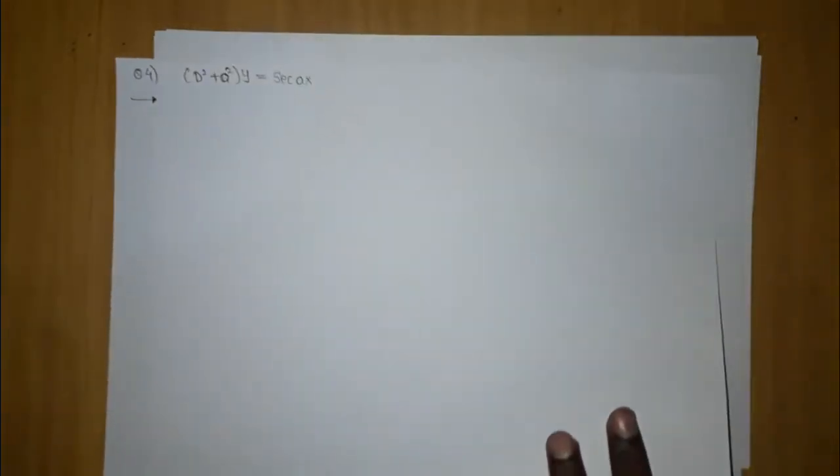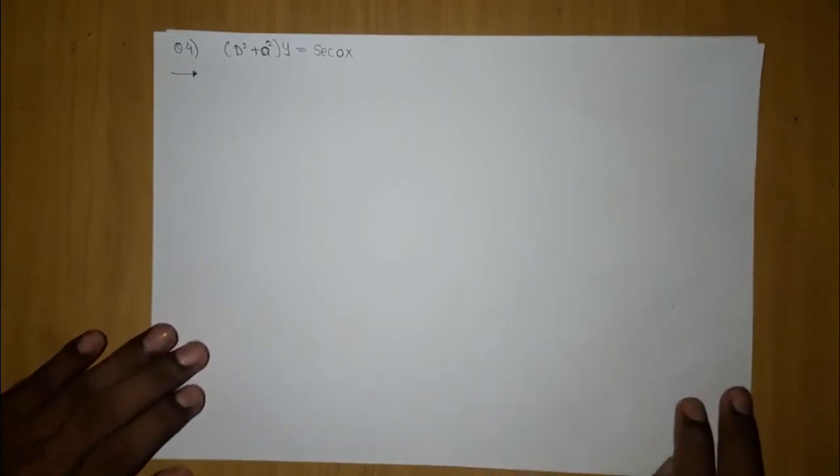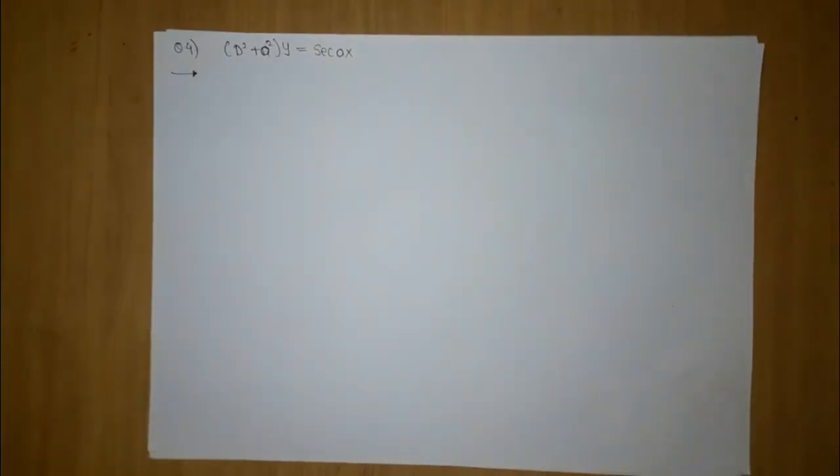The next question which we are going to take is this one, which says (D square plus a square) y equal to sec ax. Now just tell me, here which method we will use? Seventh method. Why? Because here it is D square plus a square format, on the right side there is no composite function and there is a constant, and if such a thing appears we are going to go for type 7.